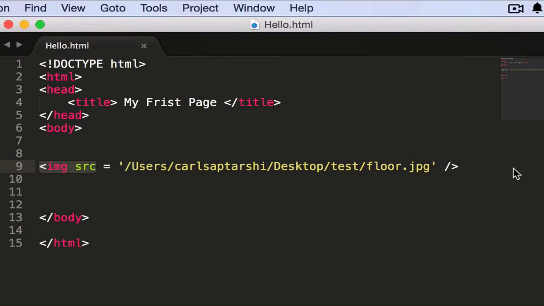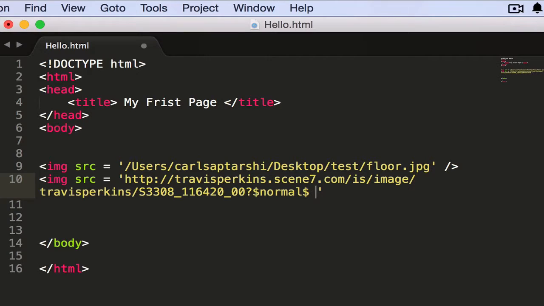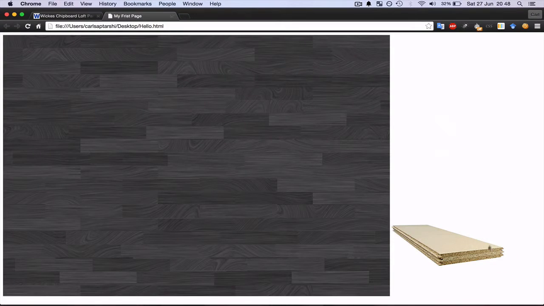Okay, so I'm going to input another image. So open angular brackets, image source. Okay, there you go. So, as you can see here, I've got image source, which is my local image, which is located in the folder called test. And this image here, which is found online, this is the URL of the specific image which is located online. And I'm going to save that, so Command S or Control S, and then go to hello.html. And as you can see here,